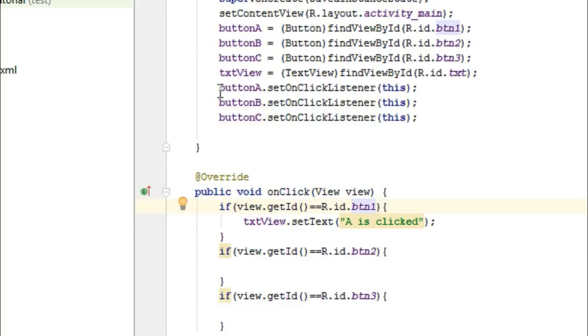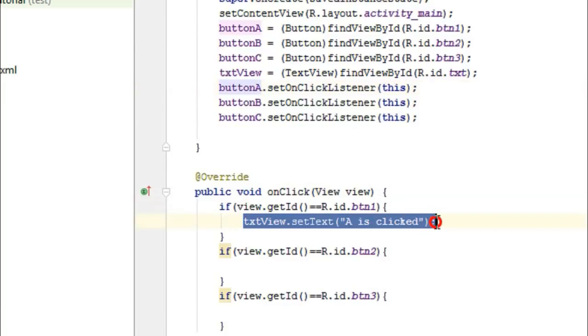So if the user clicks on the button A, then this condition is going to be true since the ID of the button A is btn1. So since this condition is true, this statement which is inside the if block is going to be executed, and this statement actually commands the compiler to change the text of the text view to A is